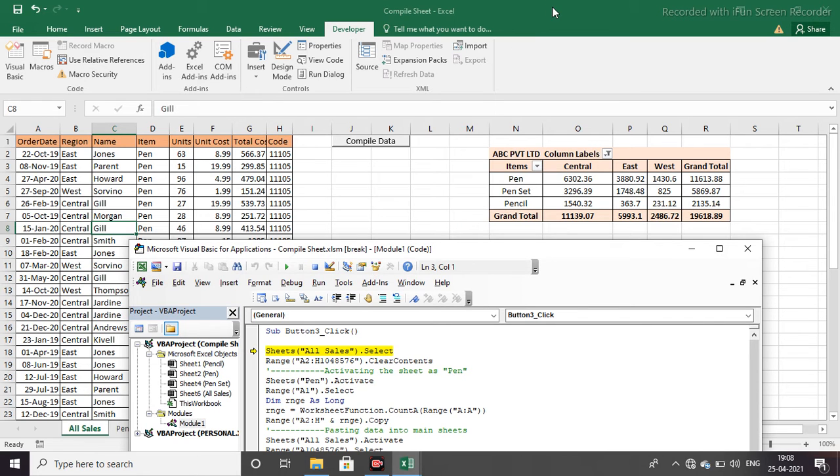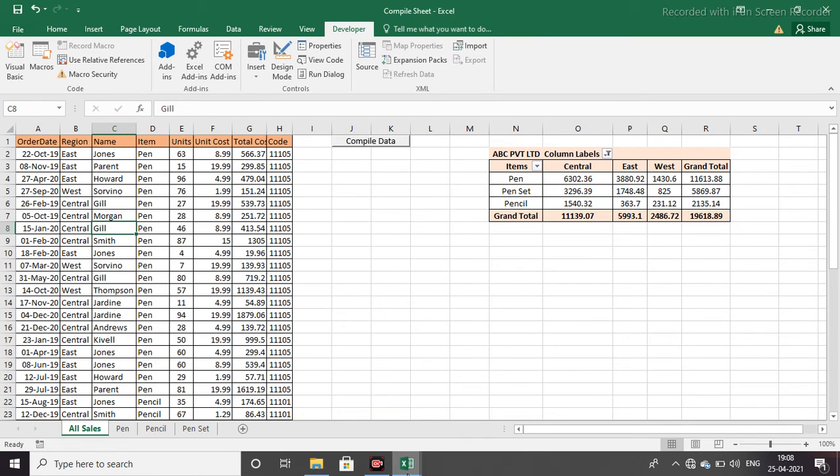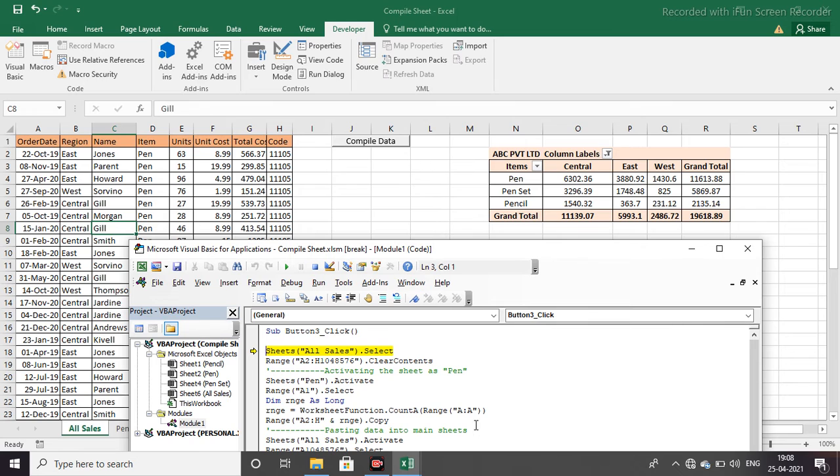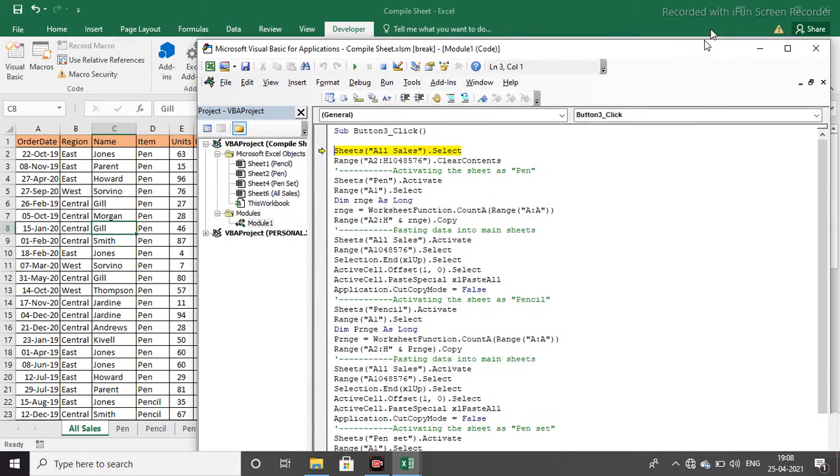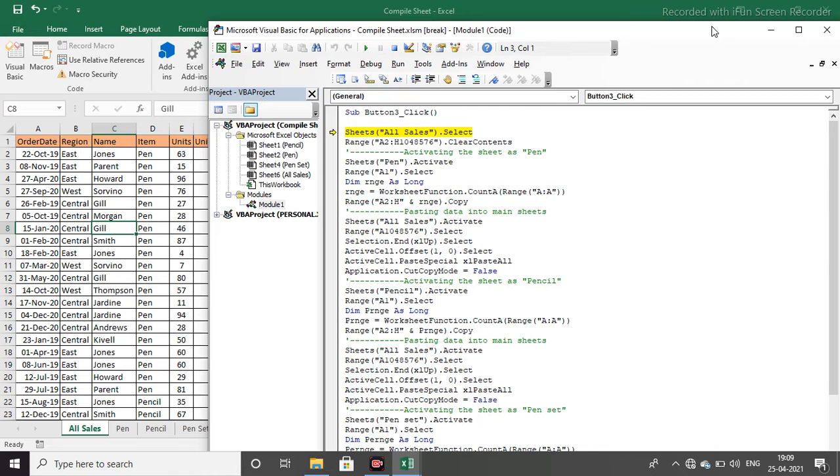After that it will clear all the content, whatever content it has on the all sales sheet. After execution of this, the sheet will clear all the content.